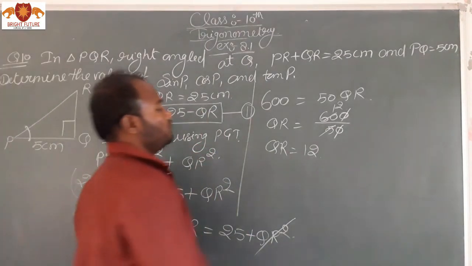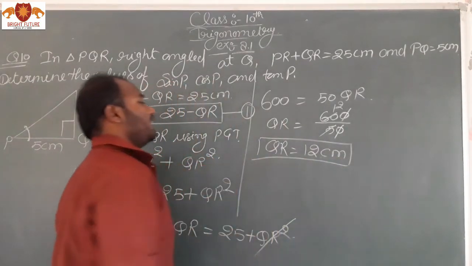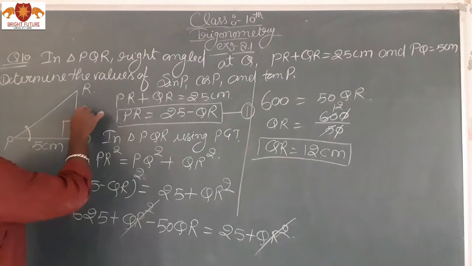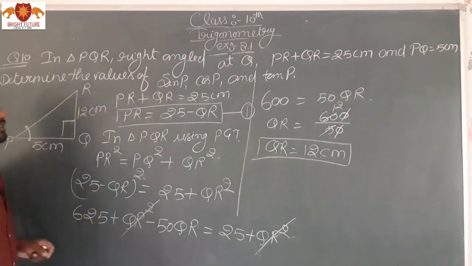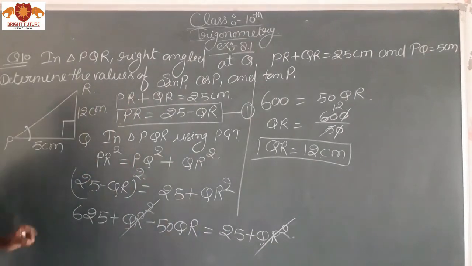So here is centimeter, so I will get the value, this value is also in centimeter, got it। अब मैंने क्या किया सर, यहाँ पर मैंने QR की वैल्यू फाइंड आउट कर ली, so QR is here, so I will write the QR is equal to 12 centimeter, so I have find out, got it।